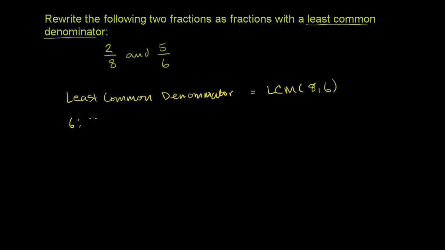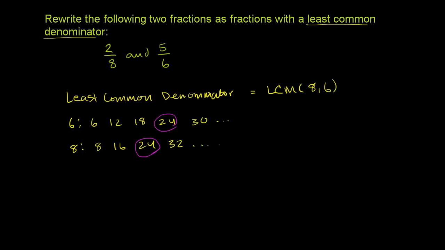So multiples of 6 are 6, 12, 18, 24, 30. And I could keep going if we don't find any common multiples out of this group here with any of the multiples of 8. And the multiples of 8 are 8, 16, 24. And it looks like we're done. And we could keep going, obviously, 32, so on and so forth. But I found a common multiple, and this is their smallest common multiple. They have other common multiples, 48 and 72, and we can keep adding more and more multiples. But this is their smallest common multiple, their least common multiple. So it is